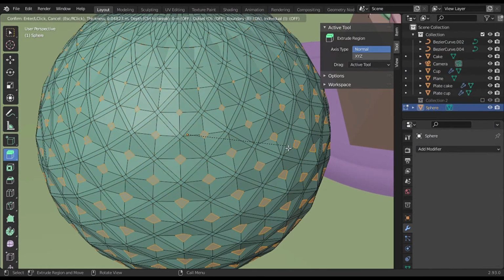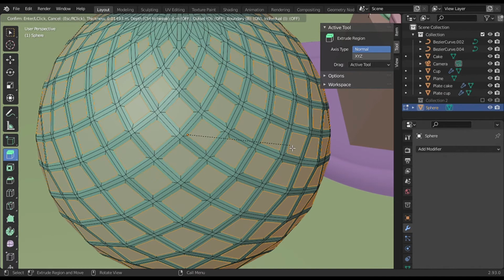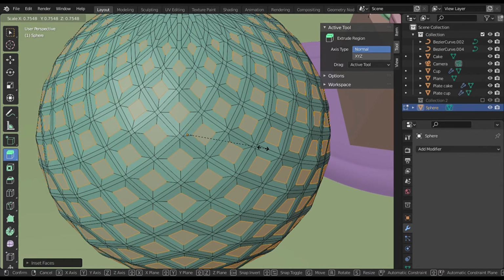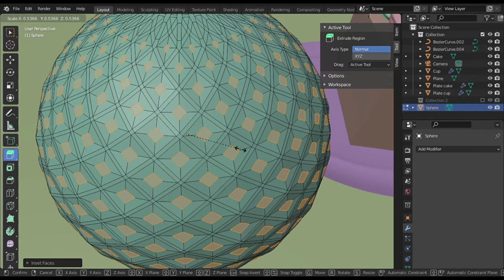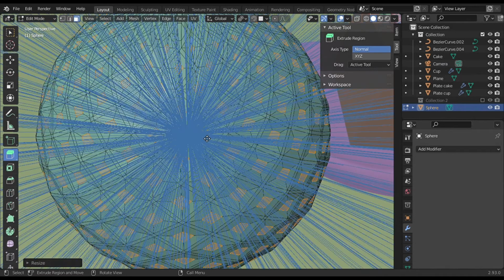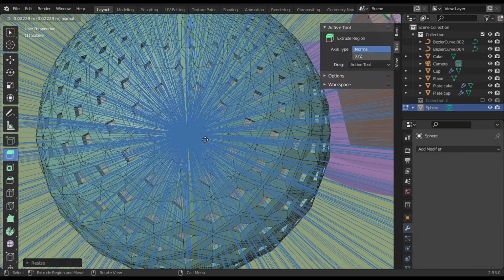Insert faces, scale with individual origins, and now extrude to the inside of the strawberry.